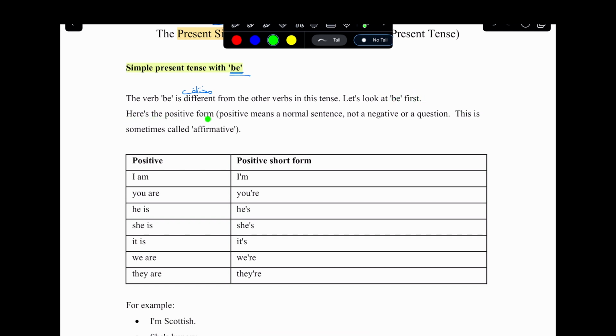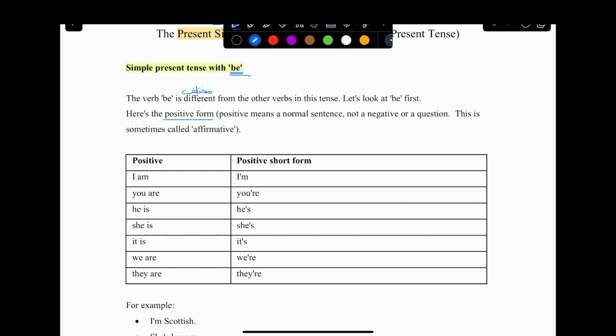Here is the positive form. Positive means a normal sentence, not a negative or a question. This is sometimes called affirmative. Okay, so the positive form. So في اللغة الإنجليزية نقول positive form. Positive form بمعنى